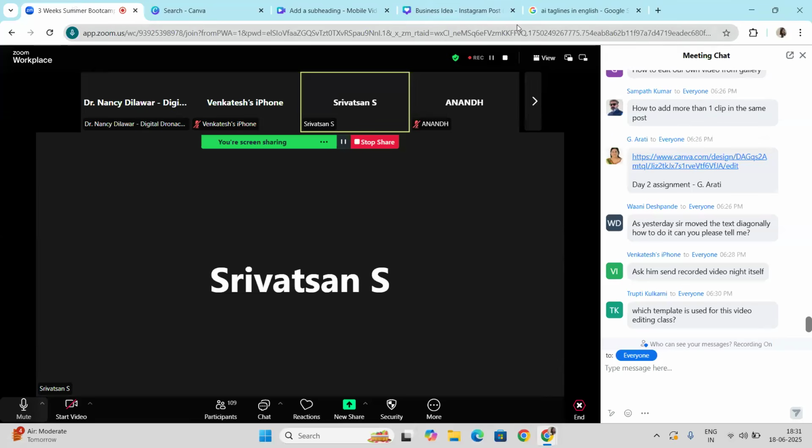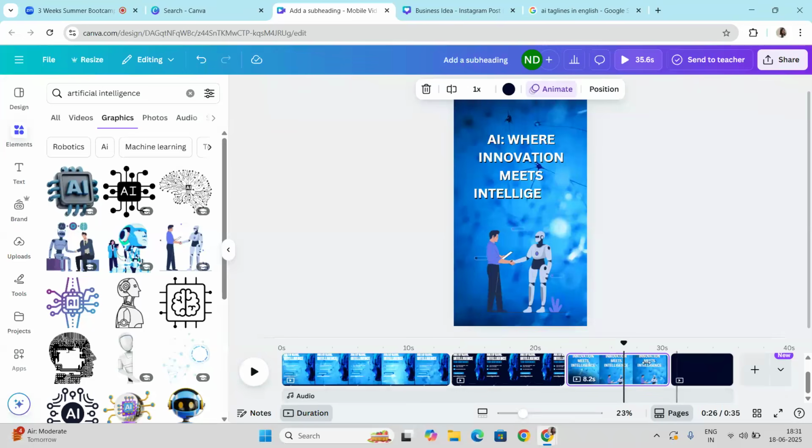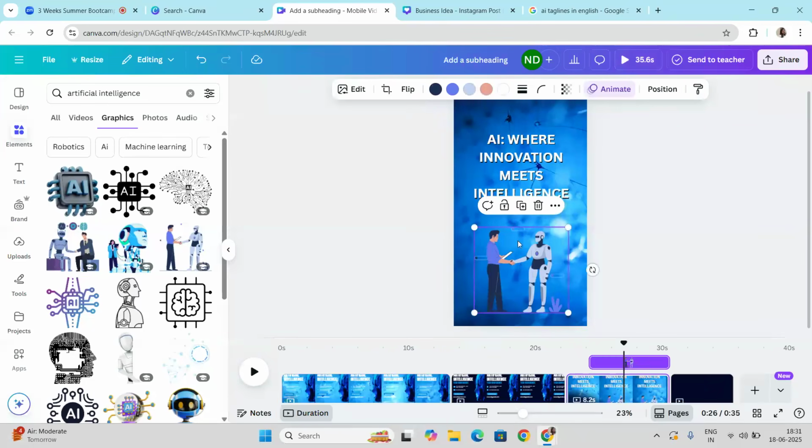Ma'am, I didn't understand how to adjust the individual timings of each element, and also how you do that overlap of those pages, ma'am? Like in the first page, you did the overlap of the third. Ma'am, overlapping of which are you asking? Ma'am, if you go to the first page, you overlap the second and the first one.